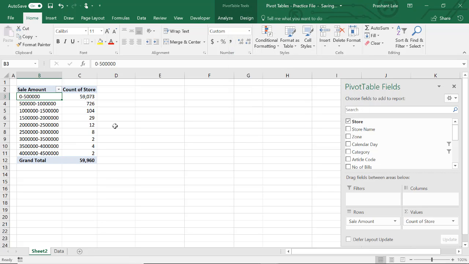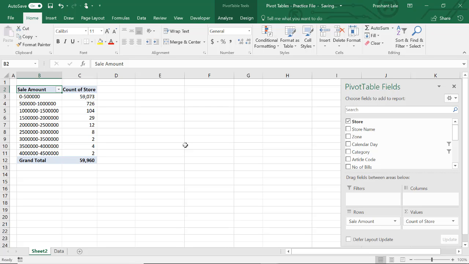See, my maximum transactions are happening at lower sale amounts, or lower average bill value, and I have very few customers buying high value or buying more from me in a single transaction. So this is my frequency distribution, right? If you want to do any frequency distribution kind of analysis, this feature of grouping the value field is very helpful. So this is about grouping.